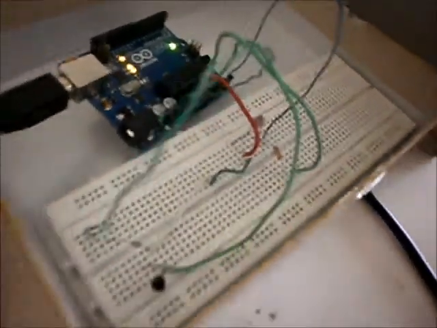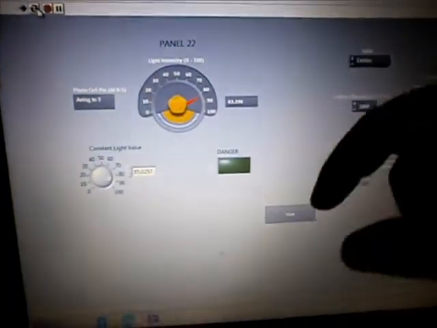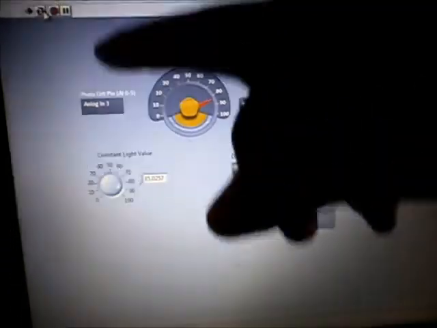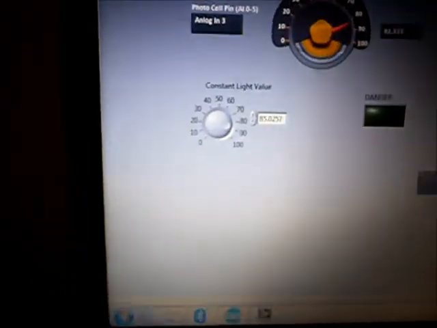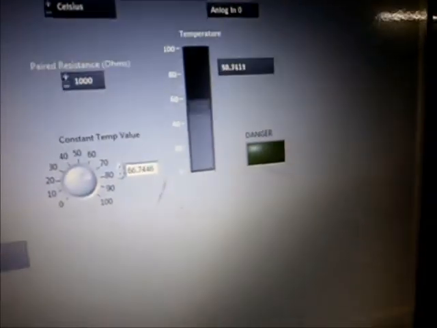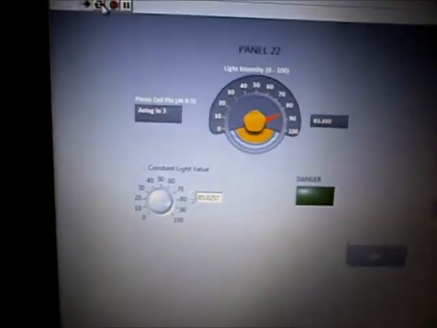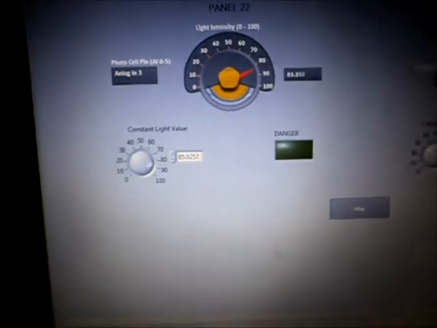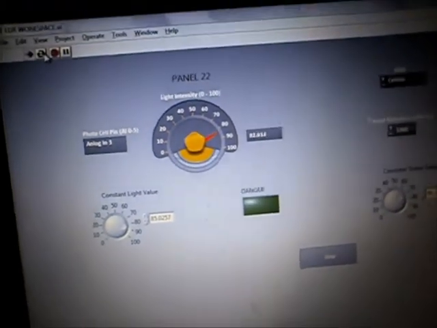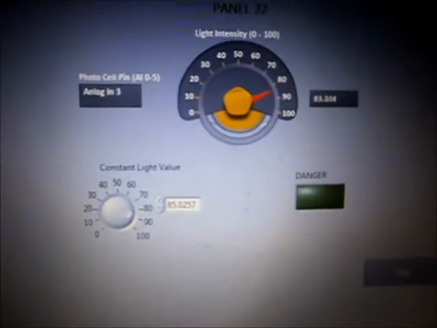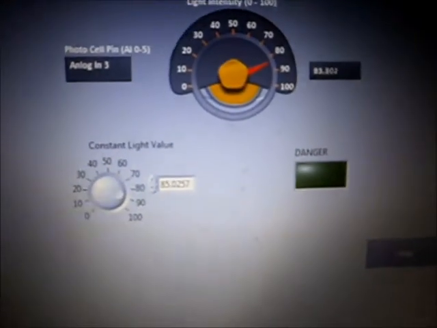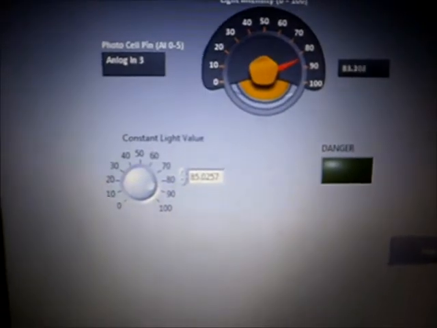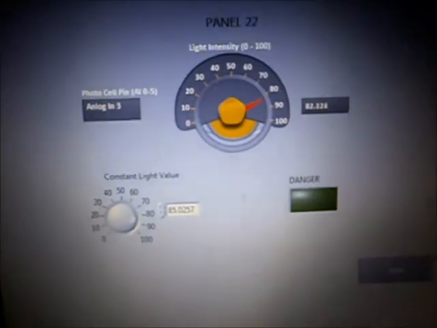So if I come back to LabVIEW, on my LabVIEW front panel you see I'm using two panels for this. First, I'm measuring the value of my LDR, and the second one is for my temperature. If I focus back on my LDR, I've preset the analog input to which I've connected the transducer. The meter is a fancy numeric output control, so it gives me a more interactive way of looking at the output. I have a danger LED which gives me an alarm and a danger signal whenever my output goes high,